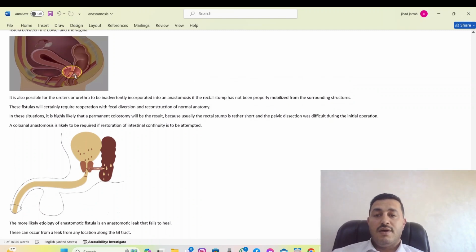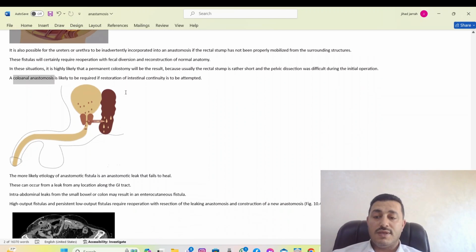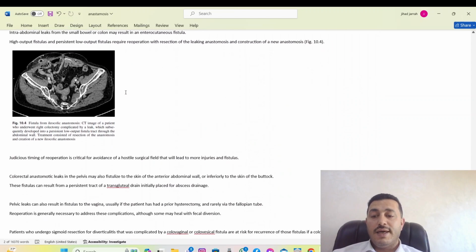Operations to deal with similar fistulas usually require permanent colostomy because we already have a diseased rectum. But if continuity is extremely required and the patient does not want a permanent stoma, we can proceed to coloanal anastomosis. Okay,